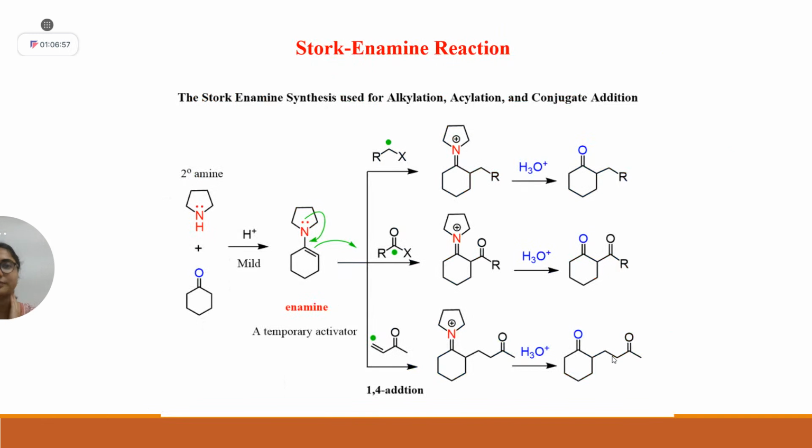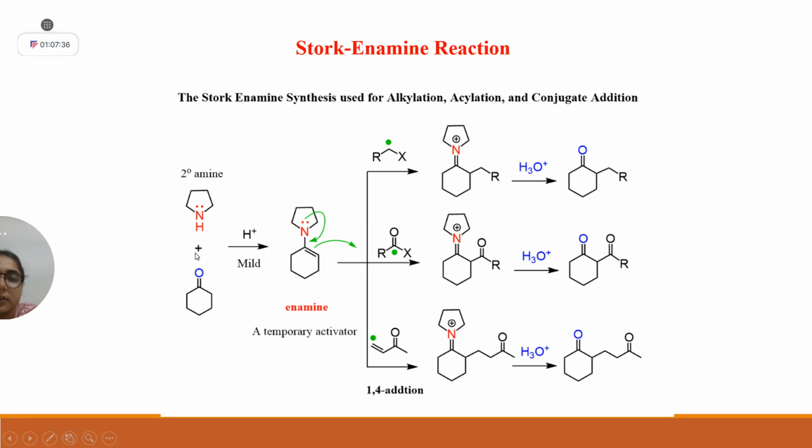So now the next name reaction is the Stork enamine reaction. It is nothing, students, but whenever your enamine is your nucleophile and you are going to attack any electrophilic species, you will get your ketone product. In the starting you will have any ketone or aldehyde in presence of amine. This acid will activate your carbonyl. Nitrogen will attack onto this and will form this enamine. Till this conversion is clear.